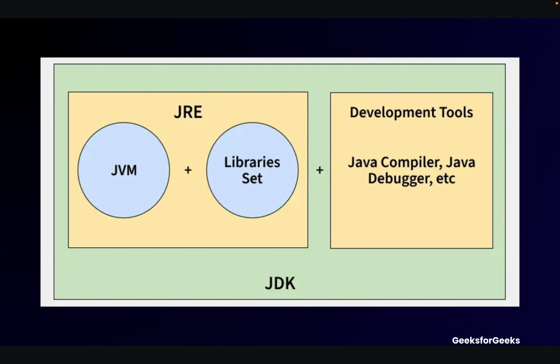The right box is the tools that you use to write your code, piece it together, fix it. But the left side is where you actually are doing all of your coding and how your code is running. So the Java Runtime Environment. Now, inside of the Java Runtime Environment, you're going to have the Java Virtual Machine, which is the machine that is actually going to be doing the running.